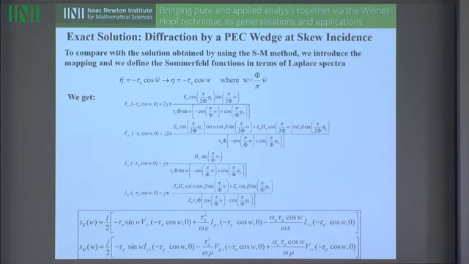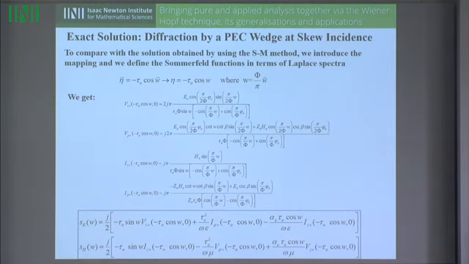Okay, the final solution is here, where we have also mapped the solution into the complex angular plane W, to get closer to the notation of the Sommerfeld Malyuzhinets method, okay, and using the reference paper number 2,